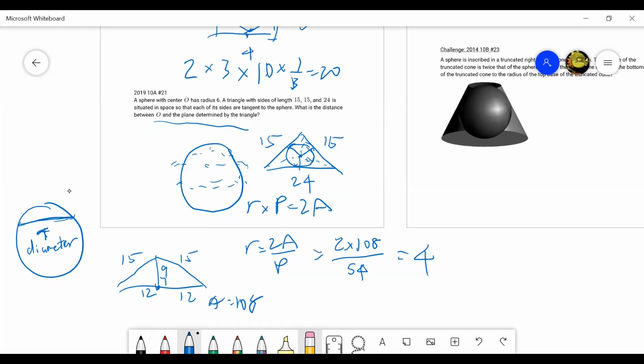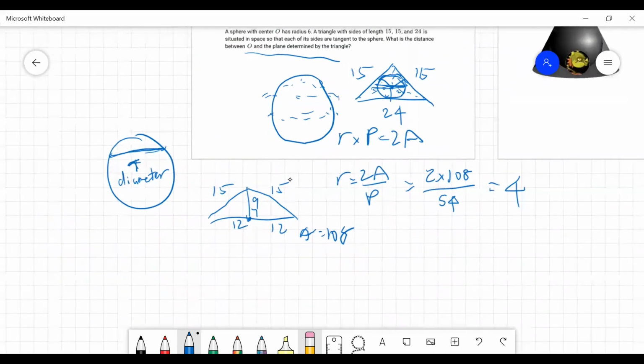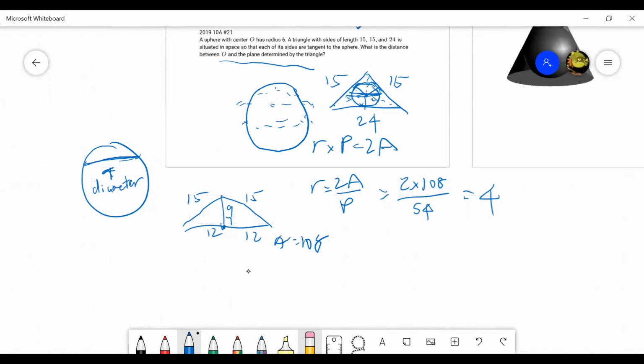The reason why this is true is because from our horizontal cross section, we saw that the intersection of the sphere and the plane is just going to be the incircle. And so that section of the sphere, with the width, is going to be equal to the diameter of this circle. So I guess that's the biggest observation. So from there, once you see that,